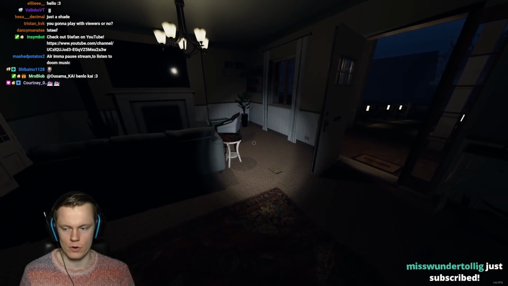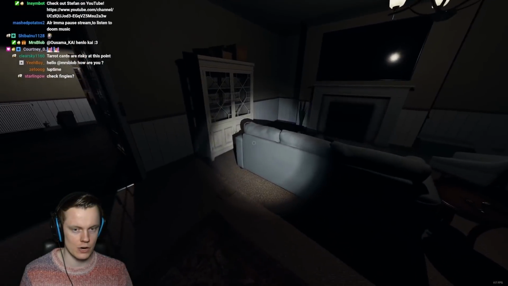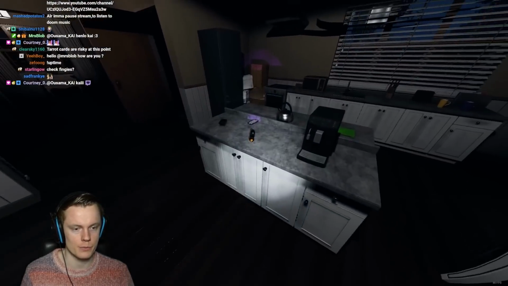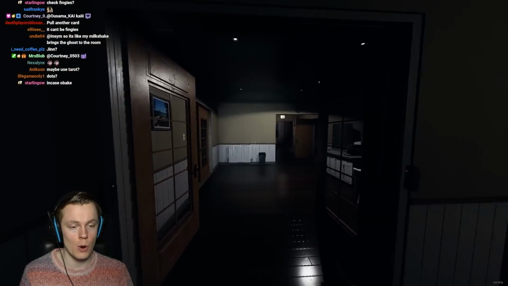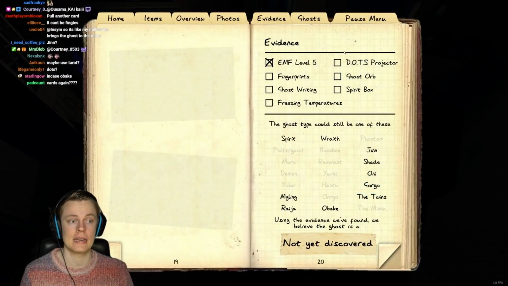No EMF anymore. We haven't heard any interactions. It's becoming a little hard. It did do a huge roam, right? It roamed from here. I could check for fingies again. We've done this many times, but I can do it again. Yeah, no fingies. We had a huge roam from that room to this room, which makes me think Goryo, probably not it. At this point...